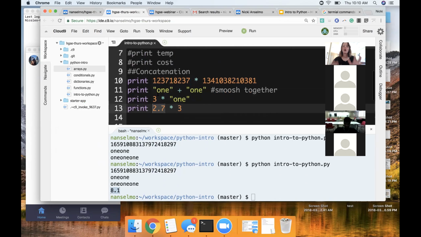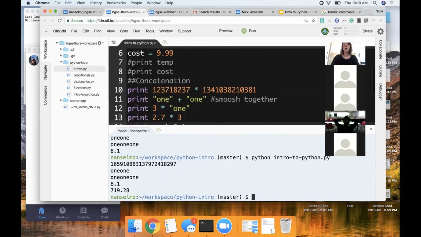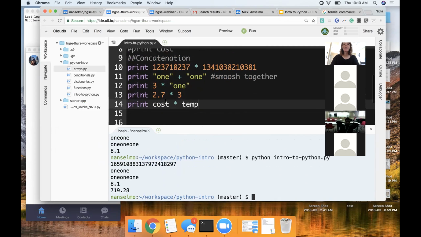Before I give you your challenge, does anyone have any questions? Yeah, Nikki, I do. What if you wanted to multiply the two variables together, like cost times temp? Let's try it. Great question. Cost times temp, or temperature. Oh, okay. Cool. Great question. So it recognizes those as variables. Yeah, how Python is reading this is like, I'm a computer, I'm on line 14, I'm going to do